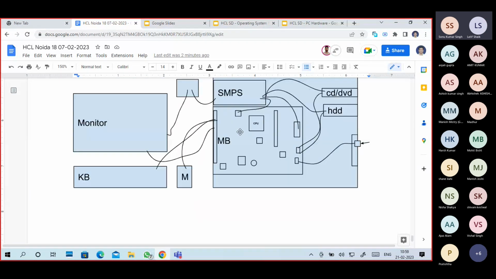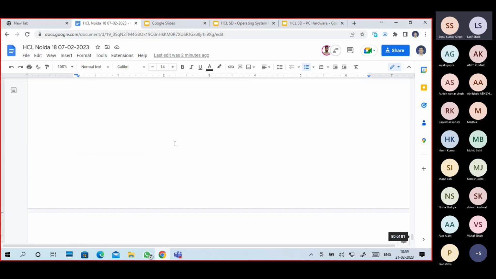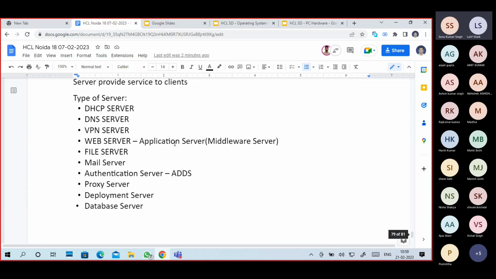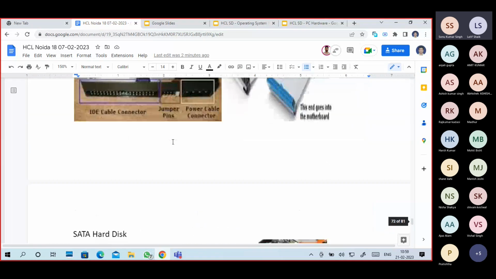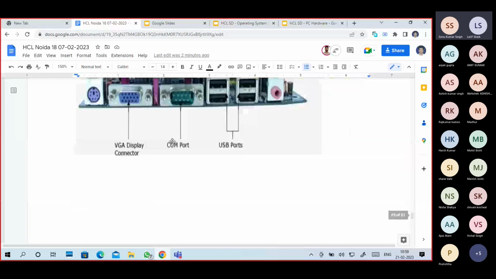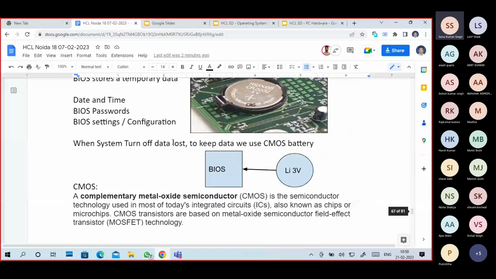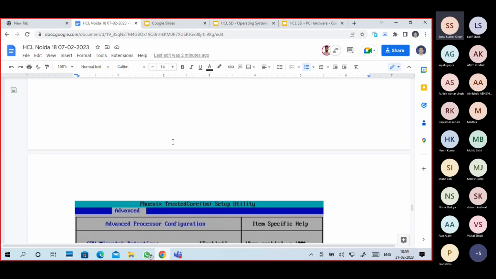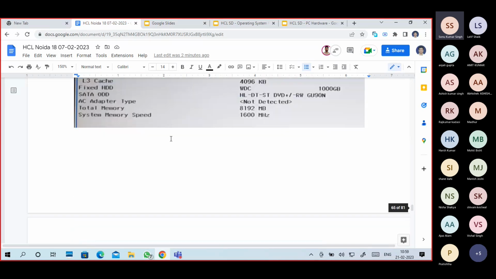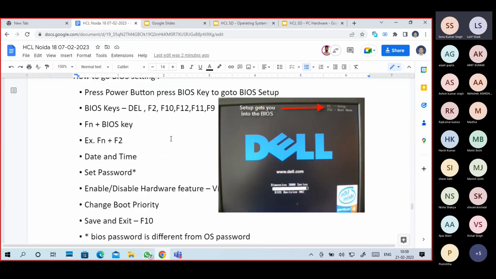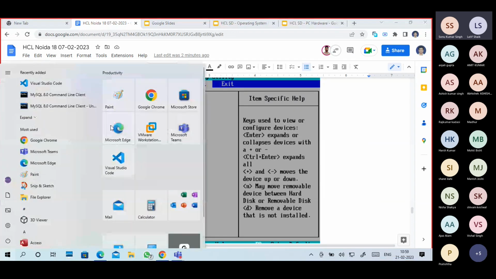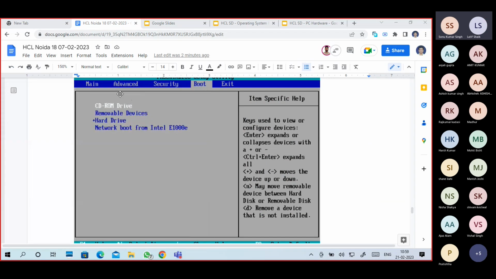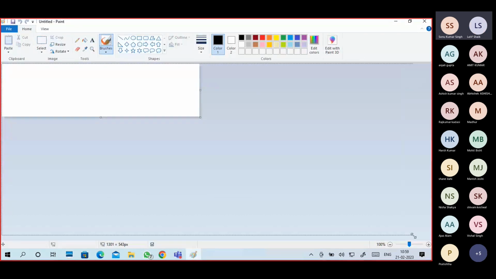Whenever at POST time, your BIOS will recognize the devices, and also in the BIOS there is a boot priority. In case you forgot that, I will show you the boot priority part. So where is boot priority? We missed it. Yeah, here it is. It is the boot priority. If you see in this boot priority, guys, the first one is